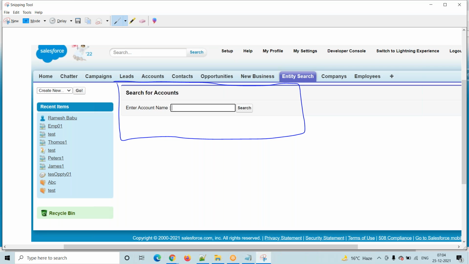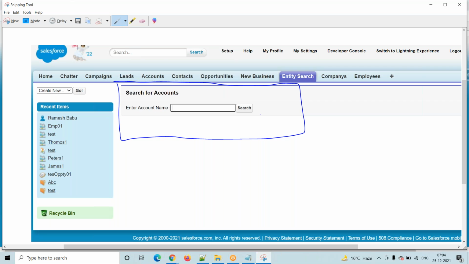Suppose we are developing a Lightning Aura component, LWC component, or Visualforce page. All these are for presenting to the user only. We are displaying data, or taking data from the user. That is completely UI design, completely client side.